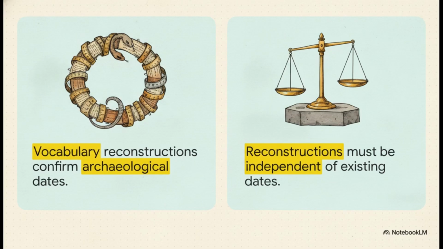But the evidence-based reality shows us that for linguistic dating to be scientifically valid at all, it must remain strictly independent of pre-existing archaeological estimates. You cannot use an archaeological date to build a linguistic model and then turn around and use that same model to prove the date. In fact, as we've seen, independent archaeological and genetic data often conflicts entirely with these forced linguistic timelines.